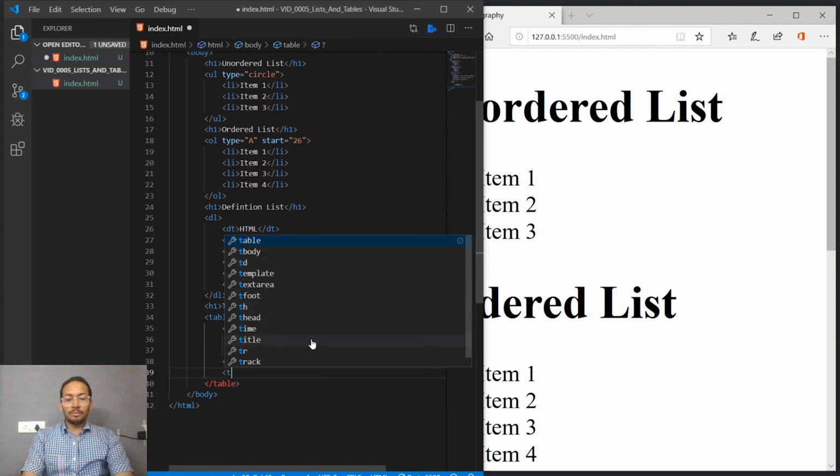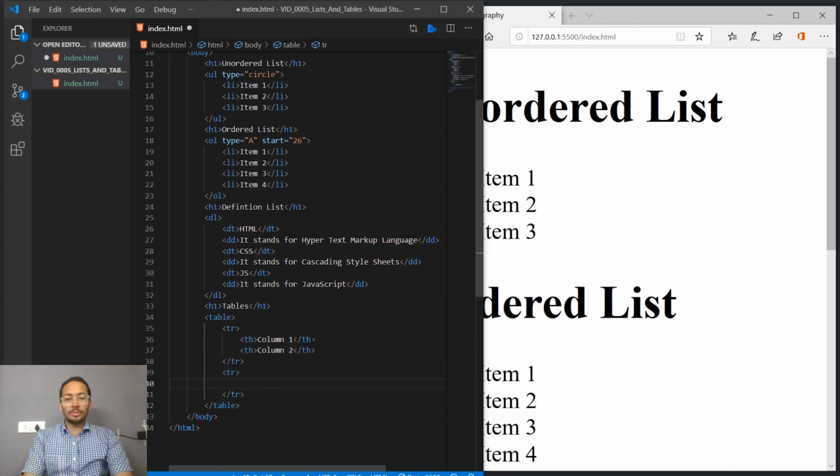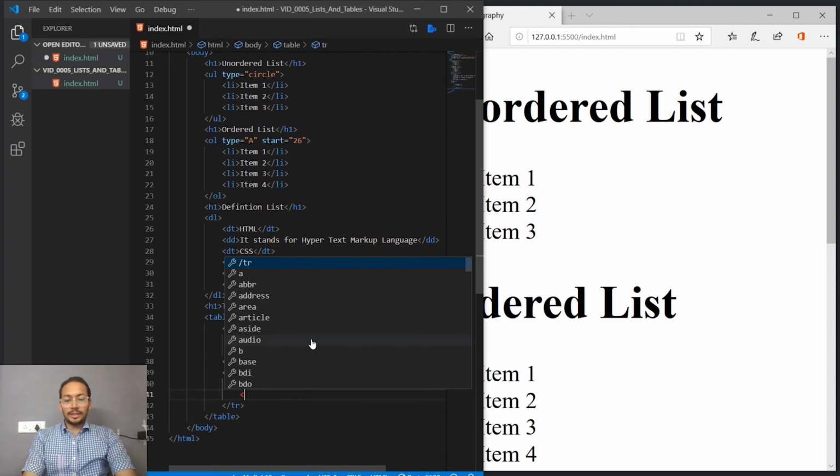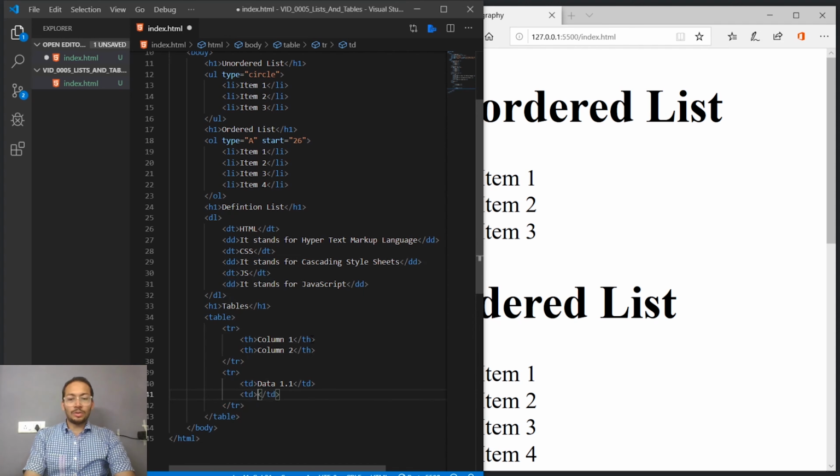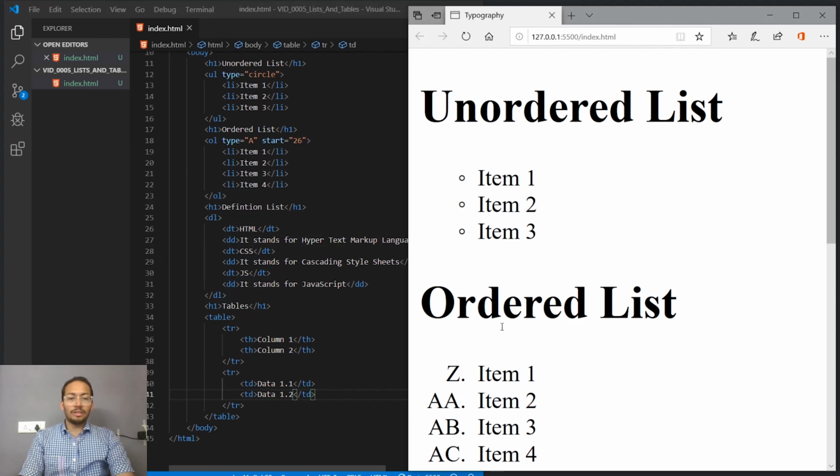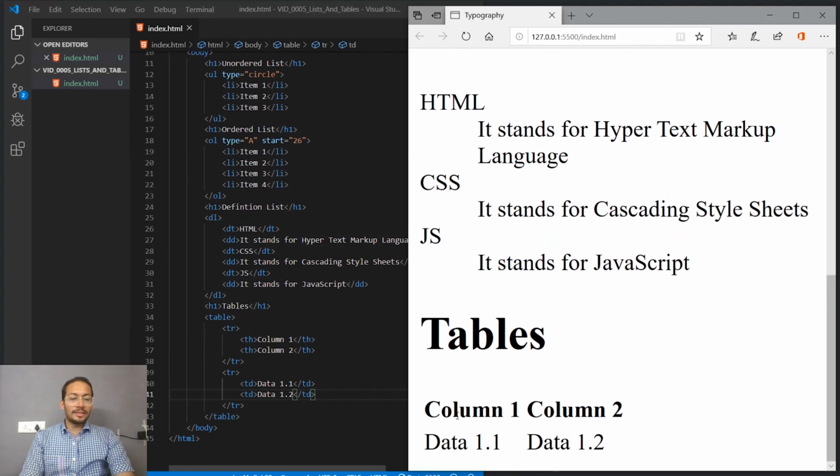Now let's add one more TR. This is going to be our second row, and this we're going to use TD because we want to display some data. Let's say it as data 1.1, and let's add one more data for our second column, and let's call it data 1.2. And let's hit the save button. Save. Now you can see that we have the column 1 and data as data 1.1 inside that column,